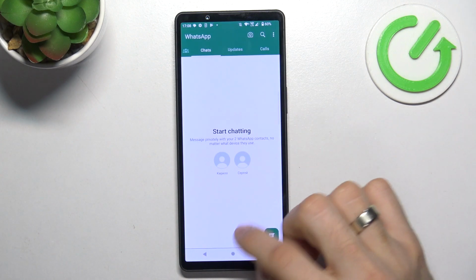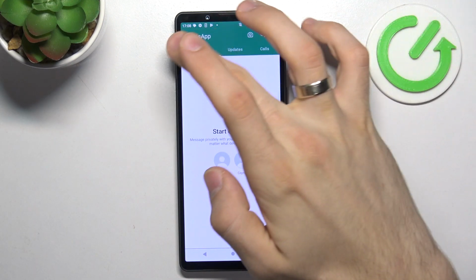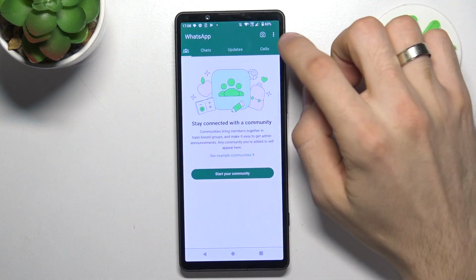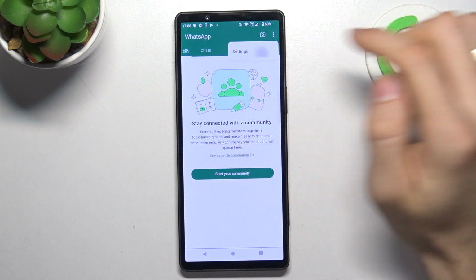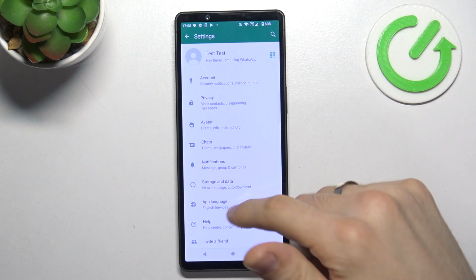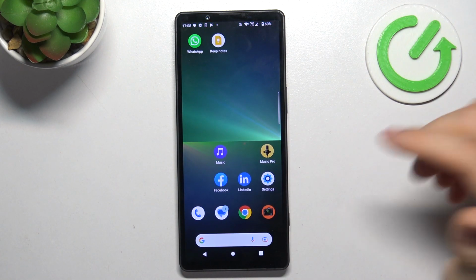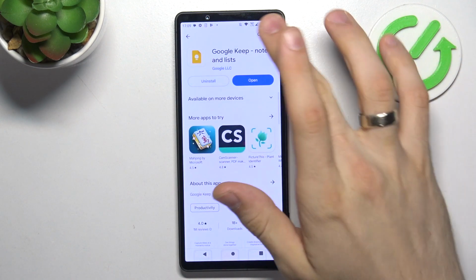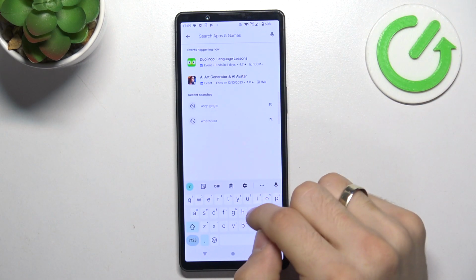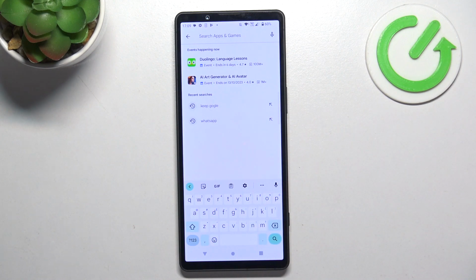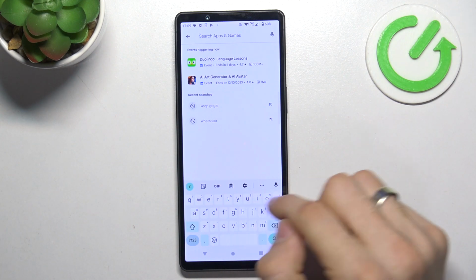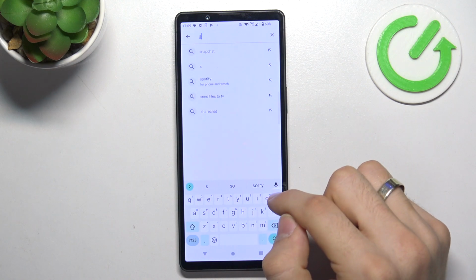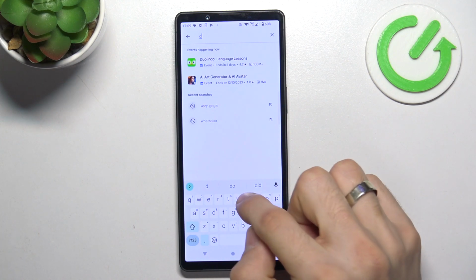That's cool. And now I have only one WhatsApp account on my device, and unfortunately I can't add another one in the same application. We have to resolve how to add another account. So the first solution is to download any dual space application. To do it, just enter dual space